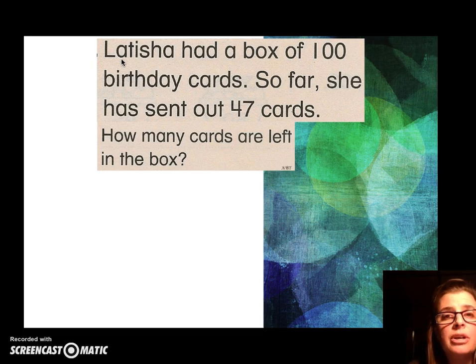You could use a hundreds chart. You could use base 10 cubes. You could use paper and pencil. You could draw a picture. Lots of different ways to solve this problem. Once you think you have the answer,